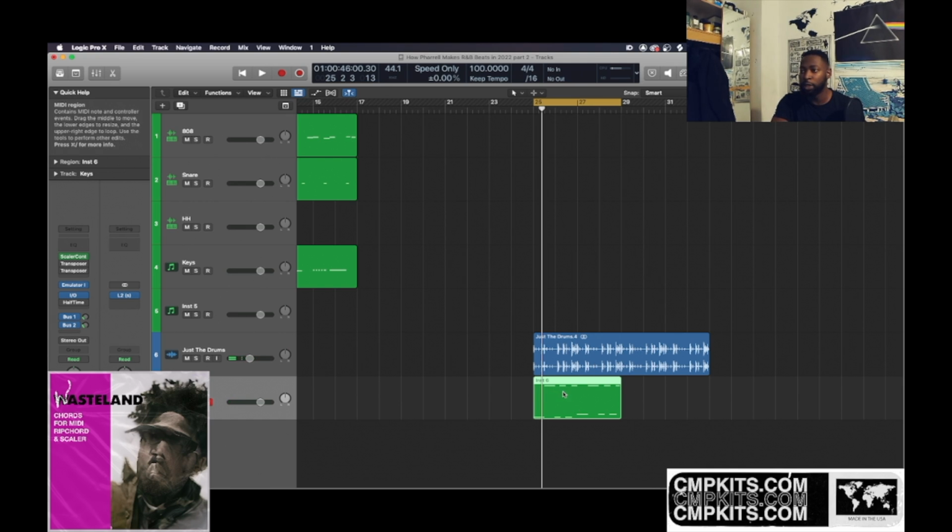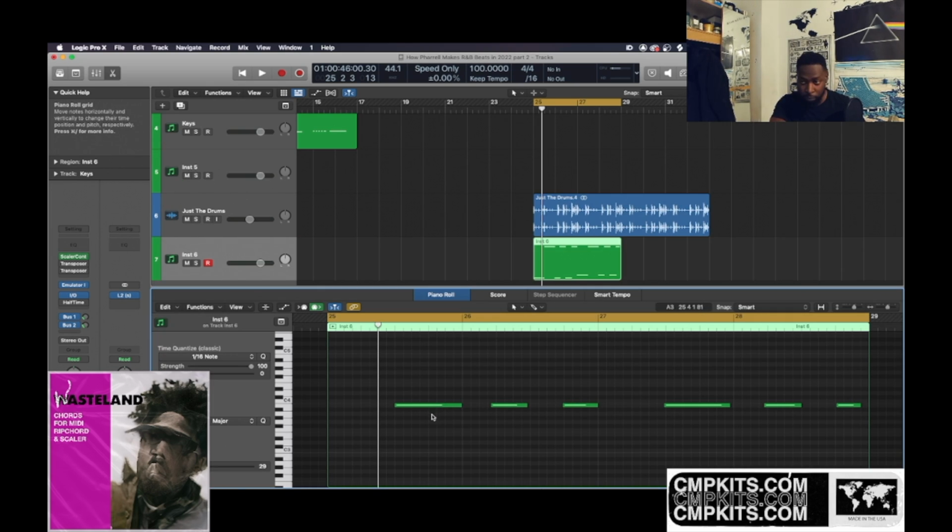if I go in here and quantize those, and the way I thought of that was literally I know that anytime I'm playing chords or anytime I'm playing any song, whatever key it's in, the 1 is always in key and the 5 is always in key. So I just played the chord and I played the 5, and then I just found a rhythm with the 2 fingers. If I open up the editor,